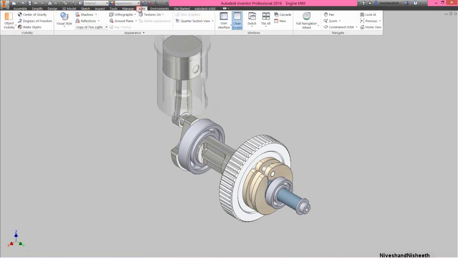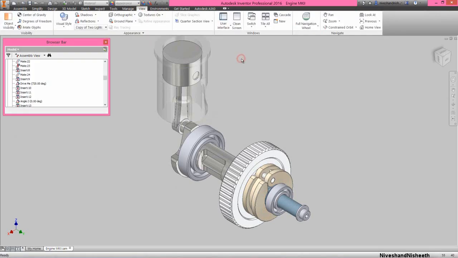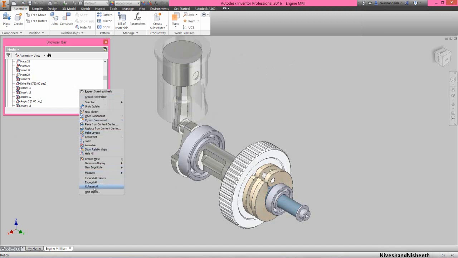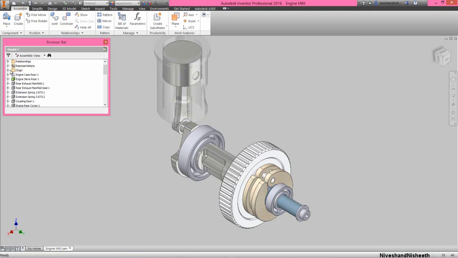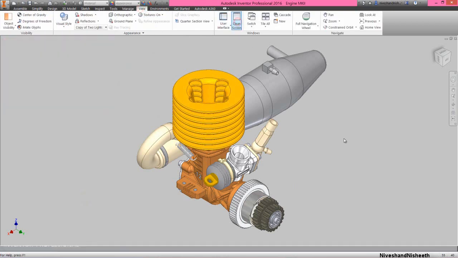Okay, alright. Okay, now my engine MKII assembly is completed here.